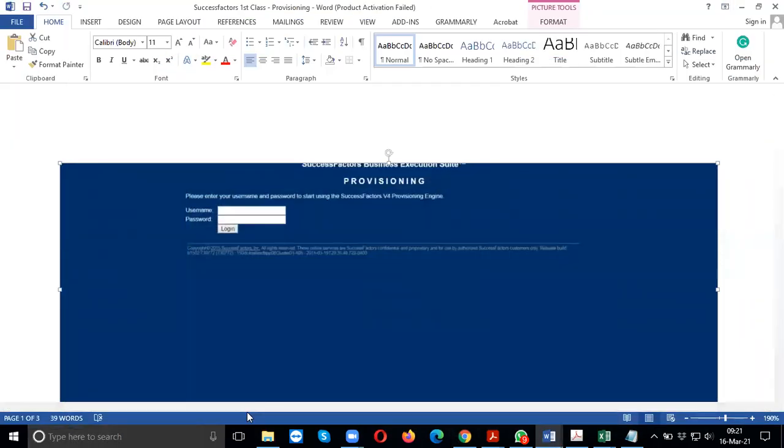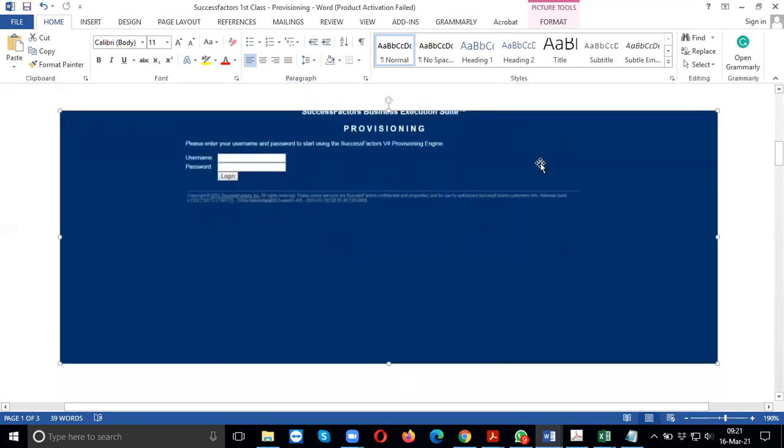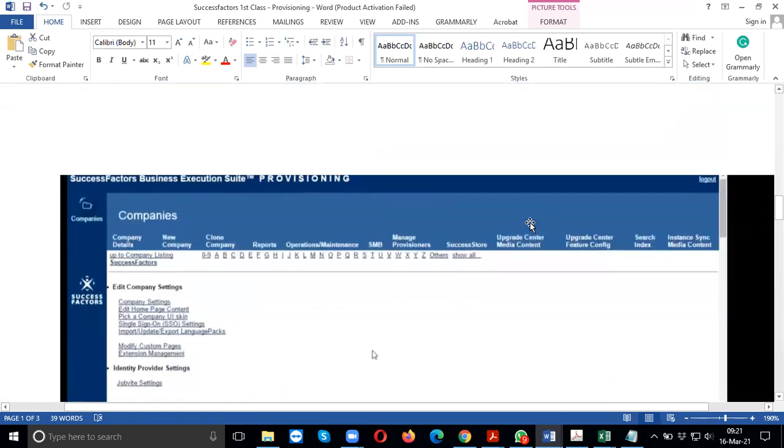So you will come here to the provisioning system, type in your user credentials and password, and log in.